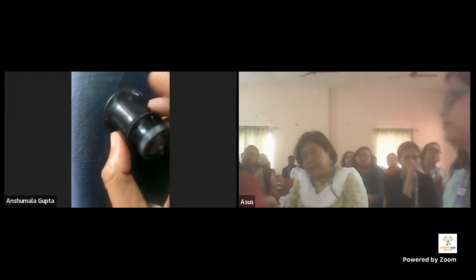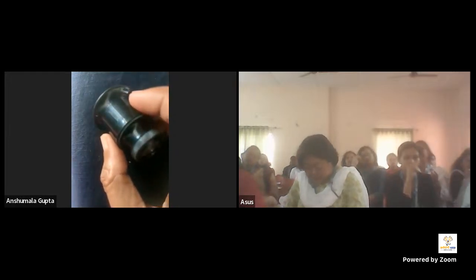I want to show the eye loop lens also. Here's on my table. This is the eye loop lens. Actually, it's a very useful device, particularly for children, because it's so simple. It's a simple field device, also cheap. So children can use it to see